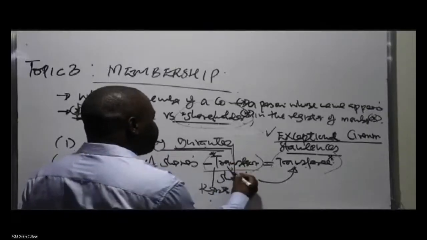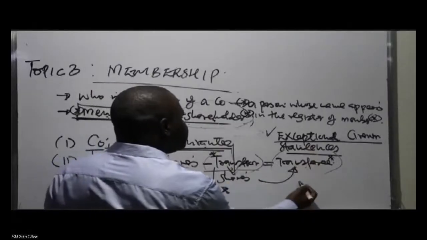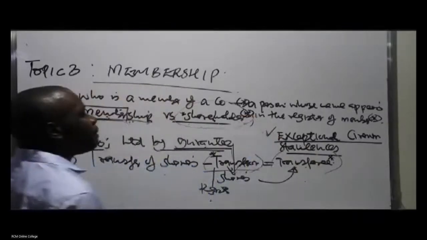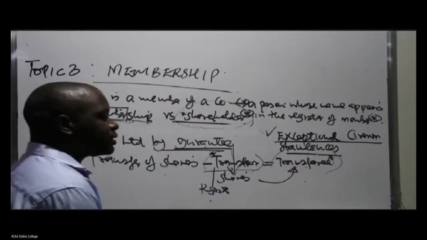Sorry, it's just actually a member and is not what? A shareholder, because he has already lost the shares. While this one is just a shareholder and is not what? A member. Until the board of directors of the company approves, which might take quite some time, is when I,